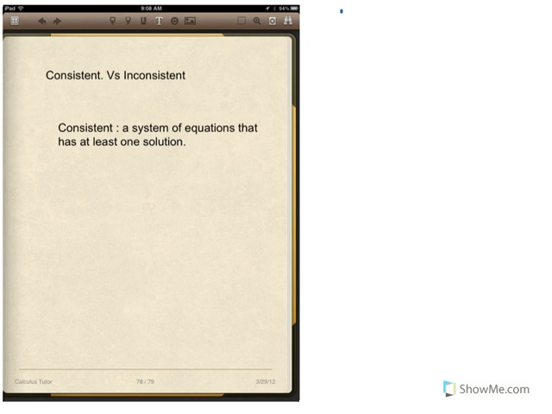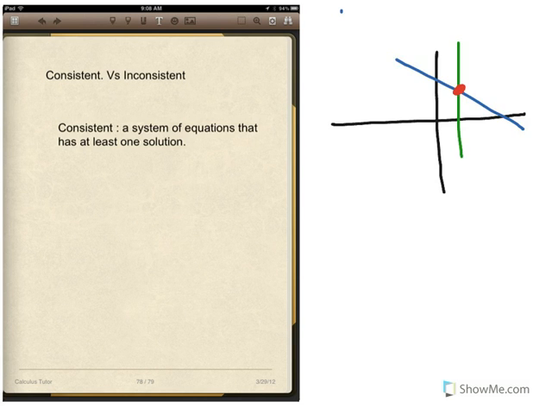For example, the graph on the right both intersect at the point in red. That means this system of equations is consistent. Another example,